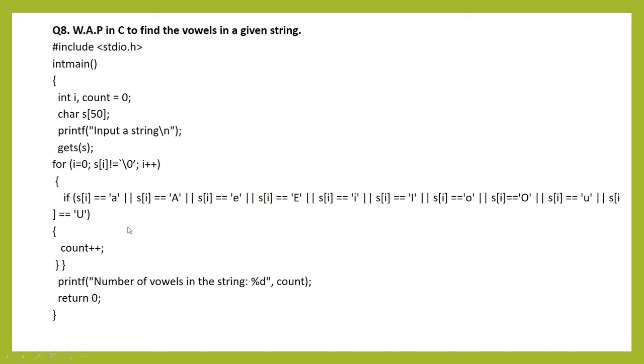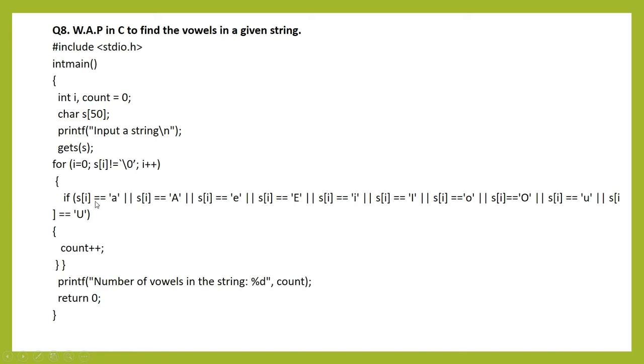Okay, then here the if statement is necessary because we have to find out whether that alphabet is a vowel or not. So you have to write if s, means your array location is starting with 0, so 0 is stored with small a or capital A. This one is your OR symbol, two pipes are there, that is your OR.